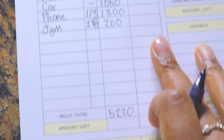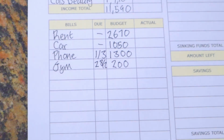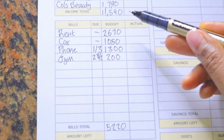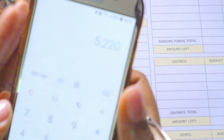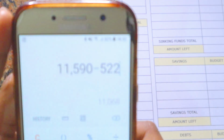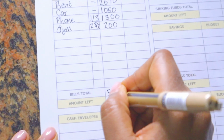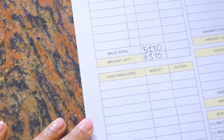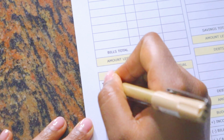5,220. Then we take our income total up here and subtract our bills total. So 11,590 minus 5,220. 6,370 remaining. Okay. Cash envelopes. I have food,